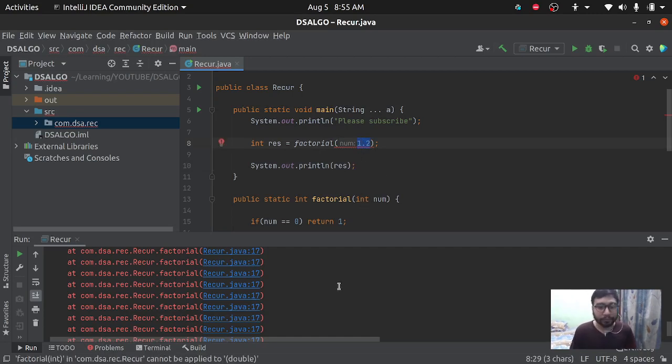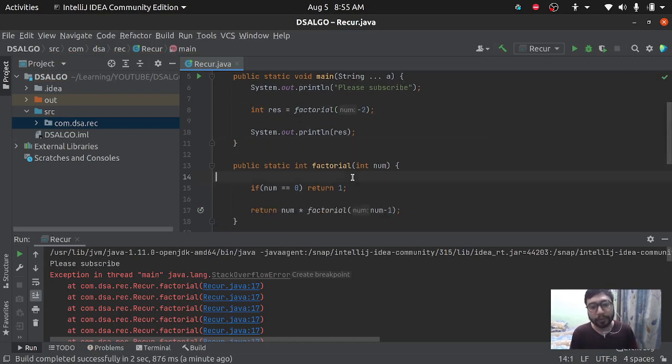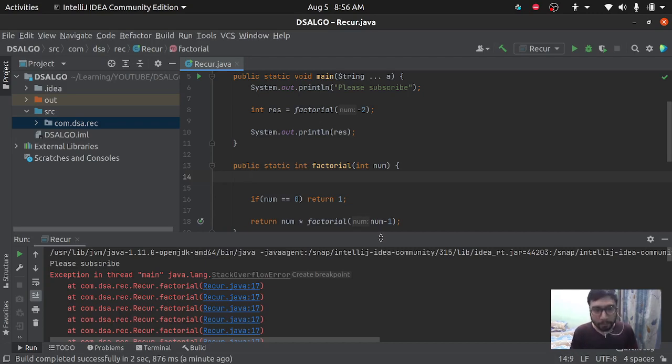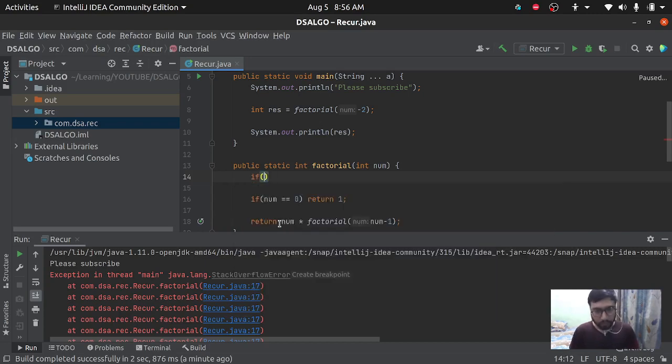But in this case, we found a condition, a negative number, for which we are getting an infinite loop, or it's breaking the code. So we need to handle this condition: whenever we pass a negative value, what should be the factorial of it? As per the feature we are providing, whenever you pass a negative number, we will always return -1. So let's say this will be our edge case handling.